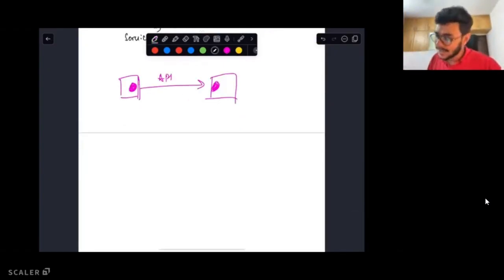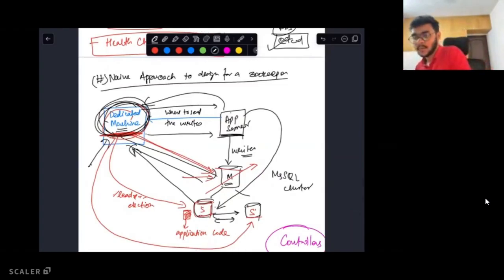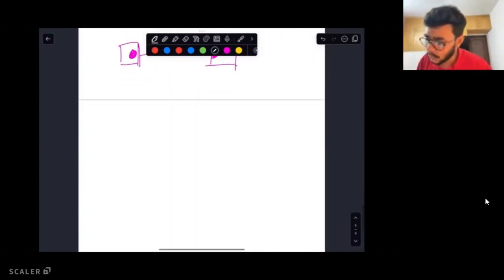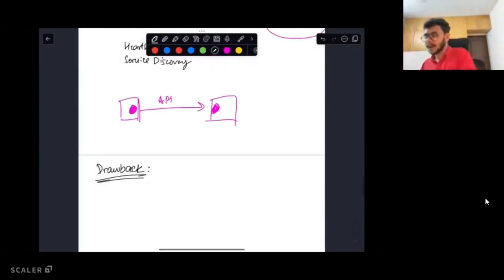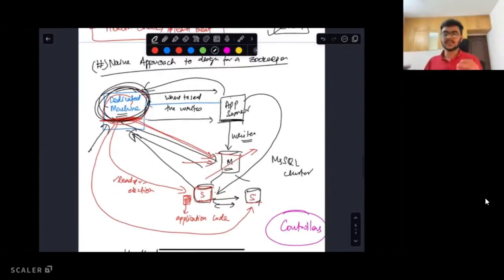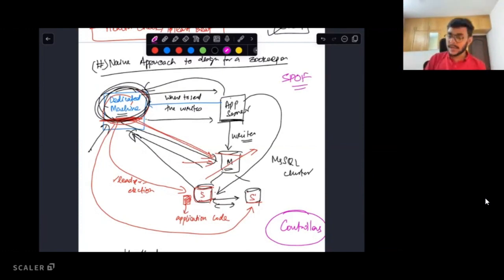But now, in this architecture that we have discussed over here, what is the drawback? What is the drawback of this architecture that we have just discussed? Can you guys think about a drawback of this architecture? Please type it in the chat section, whatever you feel is the drawback of the system. Yeah, one happens to be the single point of failure, right? What if the dedicated machine fails?